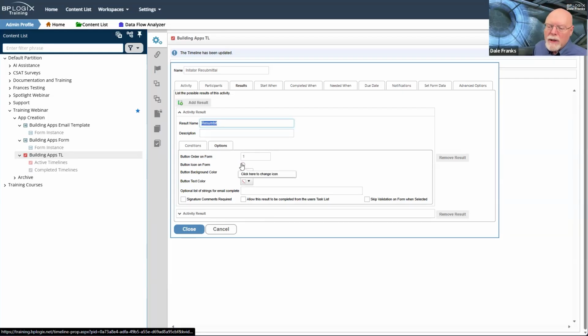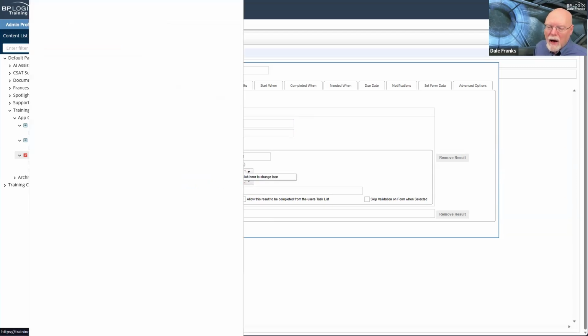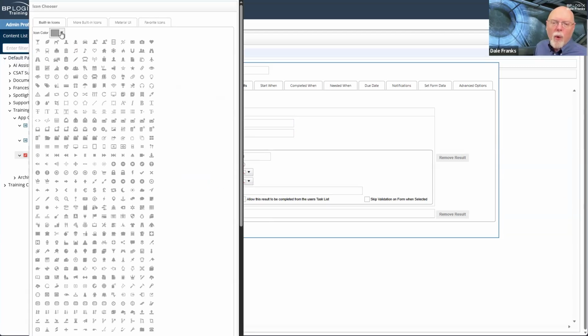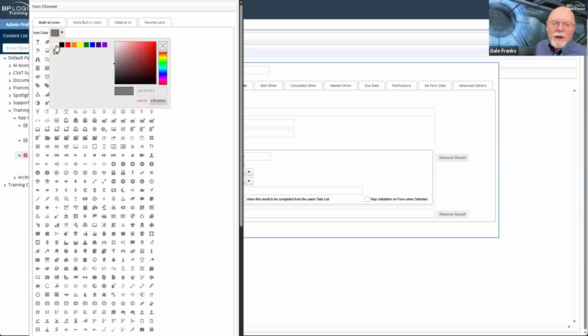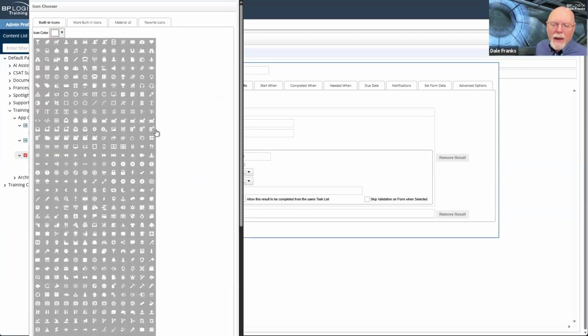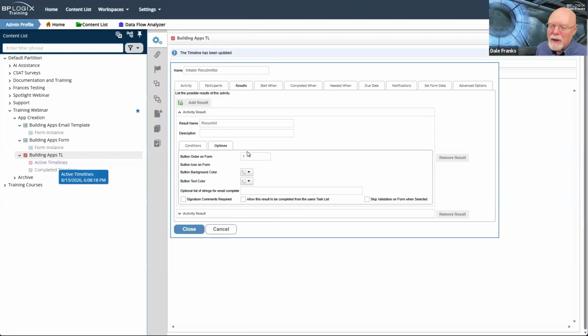So for my resubmit button, I am going to set an icon, and I'm going to make a white icon here. So we're going to set our color to white. And I am just going to give it the plus button here. And that will be the plus icon.